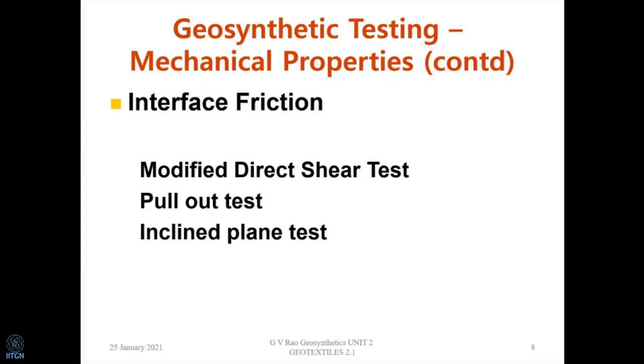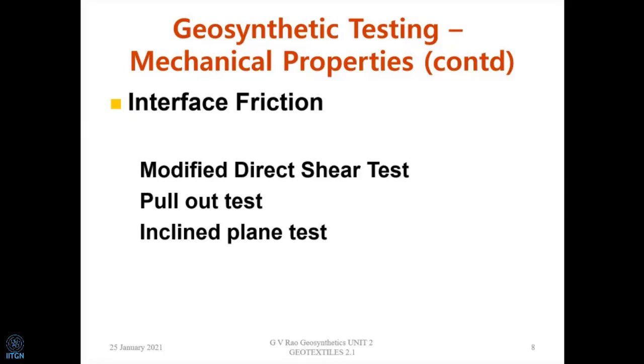For this, in the beginning, people said we can use our same direct shear apparatus, which you can modify for our purpose, and said, okay, we'll use a modified direct shear test. Initially, they said we'll use a small laboratory direct shear box that is 60 by 60 millimeters. And then they said, this is not sufficient. Nowadays, we conduct this test on at least 300 by 300 millimeters. That is a large direct shear box. We use it, but it's modified in a different way, such that we get the interface friction.